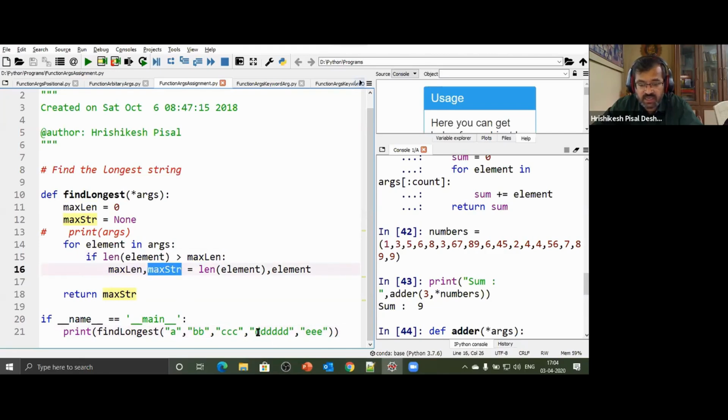देन आई हैव 5 टाइम डी, 5 टाइम डी का लेंथ इज 5 ग्रेटर देन मैक्स लेंथ, दैट इज प्रीवियस मैक्स लेंथ वाज 3, उससे बड़ा है क्या, तो इन दैट केस मैक्स लेंथ में 5 आएगा, यहाँ आएगा डी डी डी डी। अगली बार ई पास हो रहा है, पास हो रहा है मीन्स एरे में इटरेट हो रहा है,